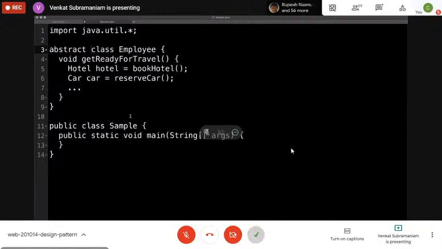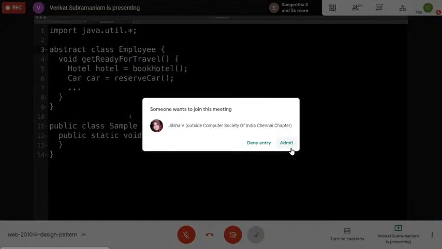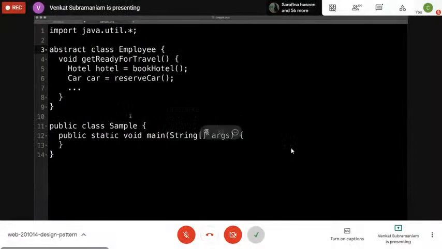Now, if you really think about it, every company has employees, but can you ever put a finger on somebody and say, that person is just an employee, doesn't have any other designation? No. We all are employees, but nobody is only an employee. We are a programmer, we are an assistant, we are an executive, we are a program manager, we are a tester, whatever that is. But all of us are employees.